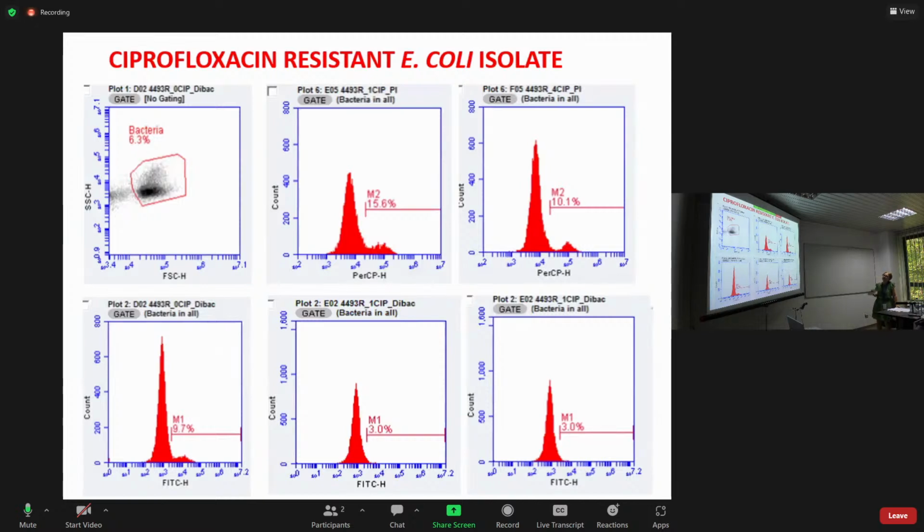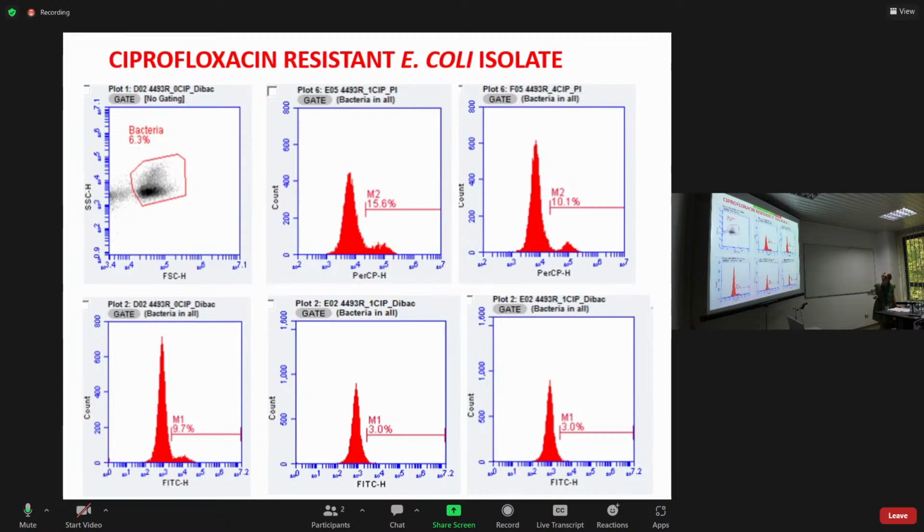Here we can see the results for a resistant isolate, one E. coli strain resistant to ciprofloxacin. Gating, so we have marked our population of interest based on size, scatter, and fluorescence, and then we have followed the intensity of fluorescence on different channels. Here we have the channel for propidium iodide, and here we have the channels for DiBAC. So combining this information,